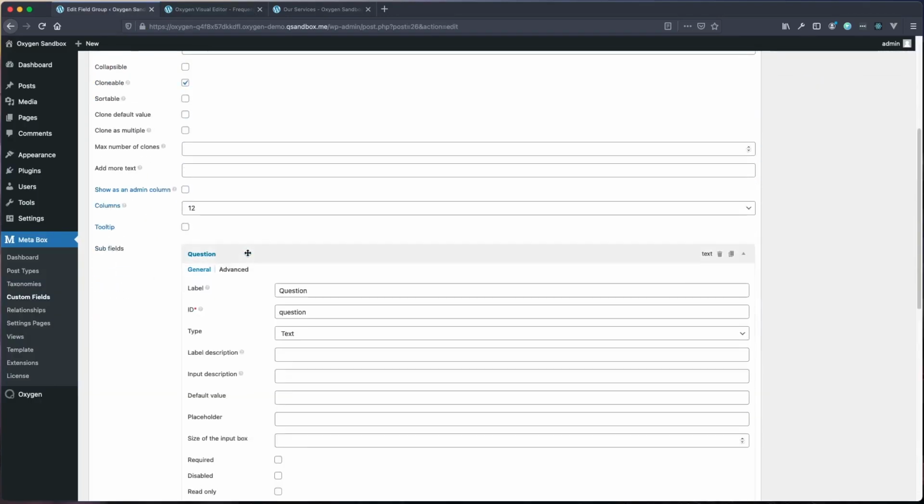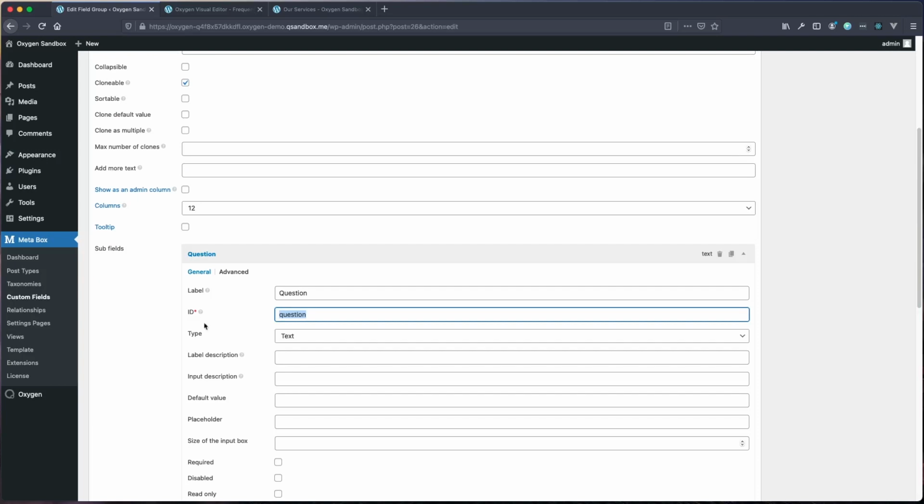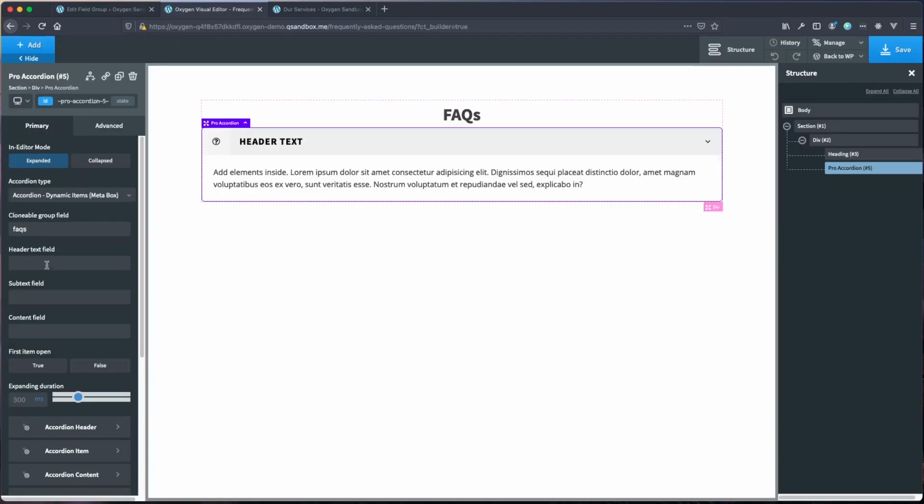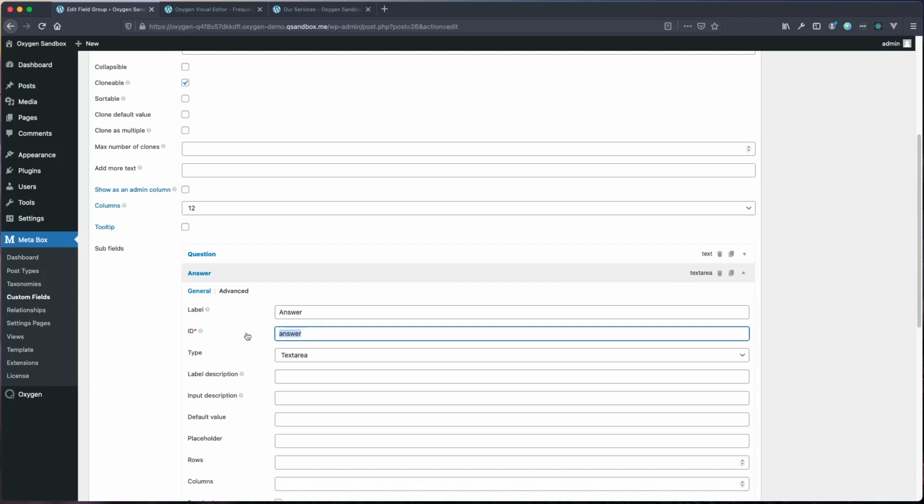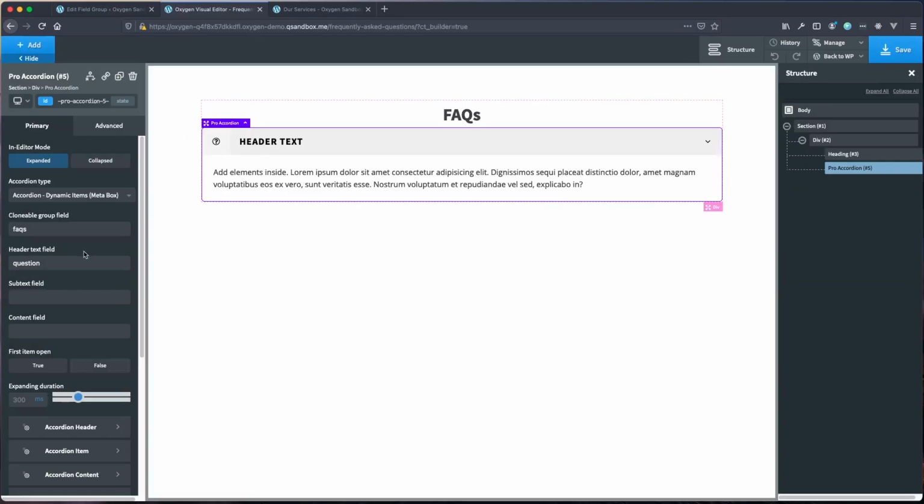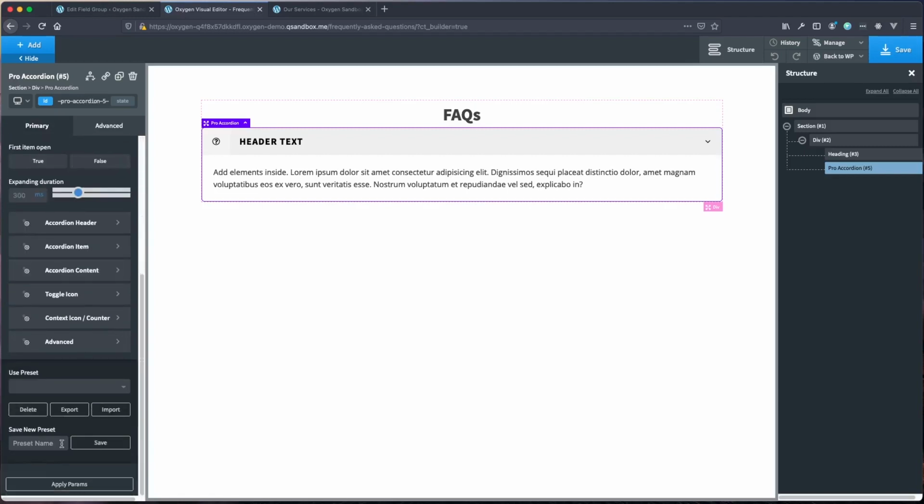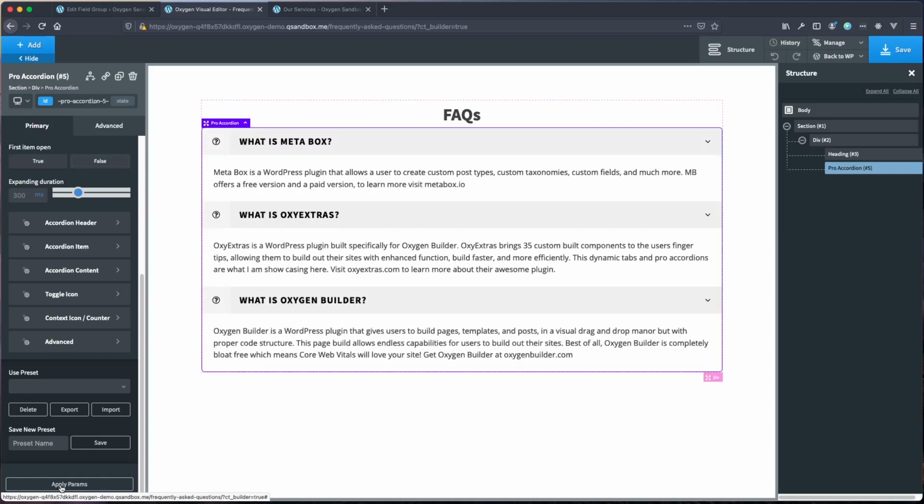Scroll down, click on questions, copy that ID, paste that into my header text field, and then lastly we are going to grab my answer, again needing the ID for that one, and we're going to paste that into the content field. We can go ahead and skip the subtext field in this case, and now I'm just going to do the same thing like we did before, scroll down and click apply. And now you can see that it automatically added 2 others in here that we did not have before. So I can go ahead and click save,